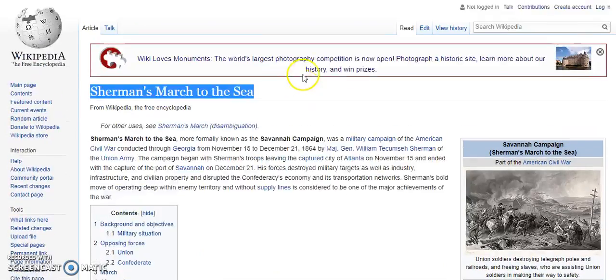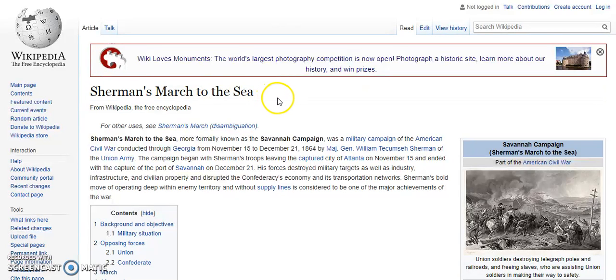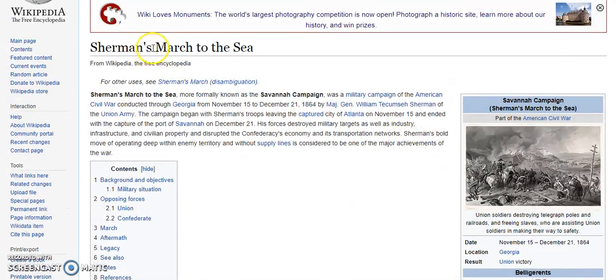So you could look at Sherman, you could do a background on Sherman and see how did it get to this point where he thought total war was going to work. And you could see, was that the only choice to use at the time? Because this is really going to break the back of the South and really lead them towards winning the Civil War, the Union. So what caused them to get to this point where they were so uncompromising with the South that they were just going to start destroying everything, not just troops, not just resources, but all of the South, the communities and everything. So looking at how uncompromising Sherman was and how that led to a resolution of the Civil War conflict, both uncompromising and conflict there.